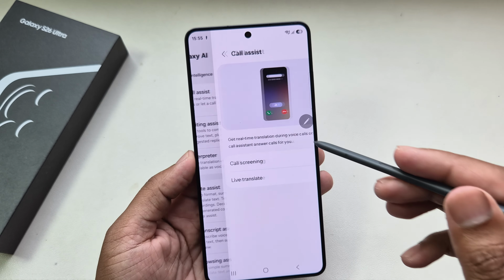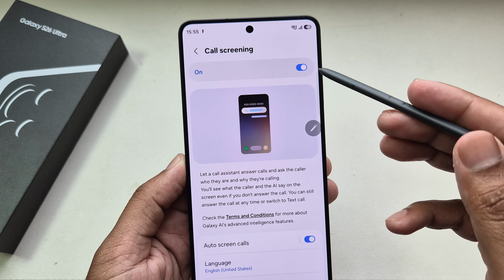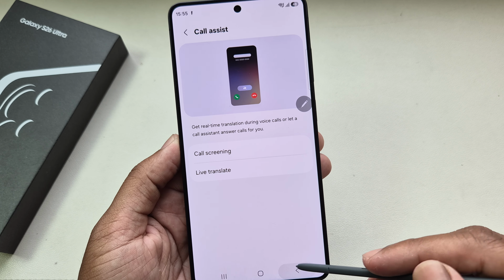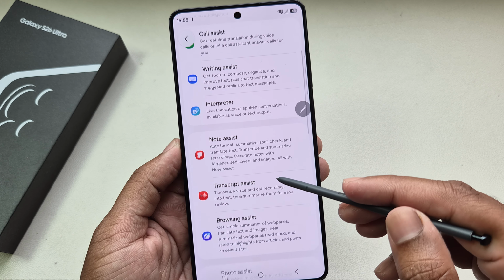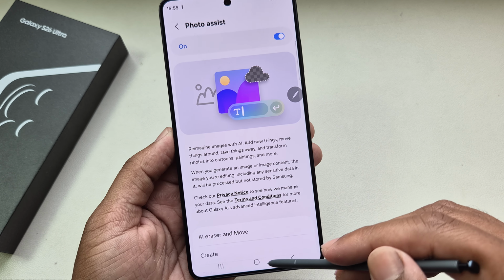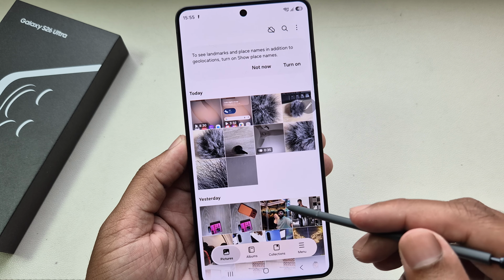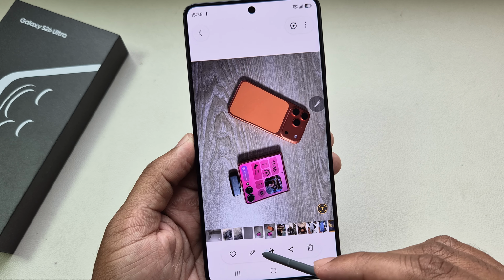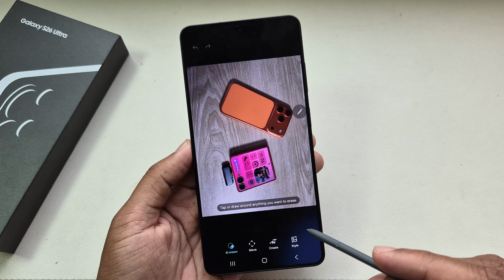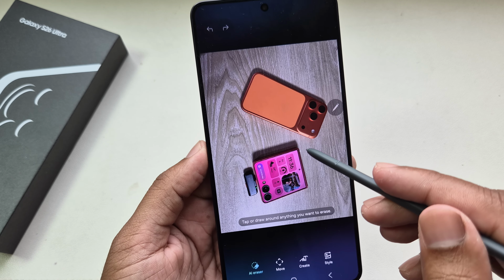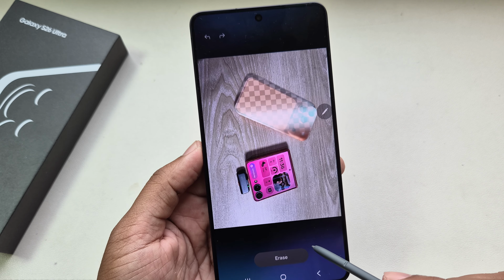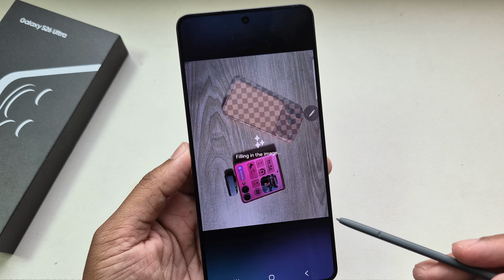For example, if you go to your call assistant, you can see call screening or live translation when you make a call, or if you want to use the photo assist, then just enable this option. For example, go to any photo, and if you want to remove something, then here you can see the icon. If you press on the icon, then you can see a lot of options. For example, you want to remove this object, then if you press on erase,